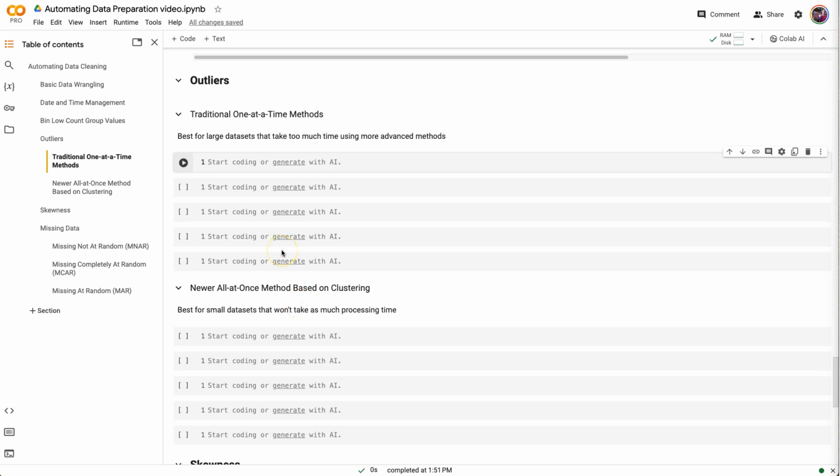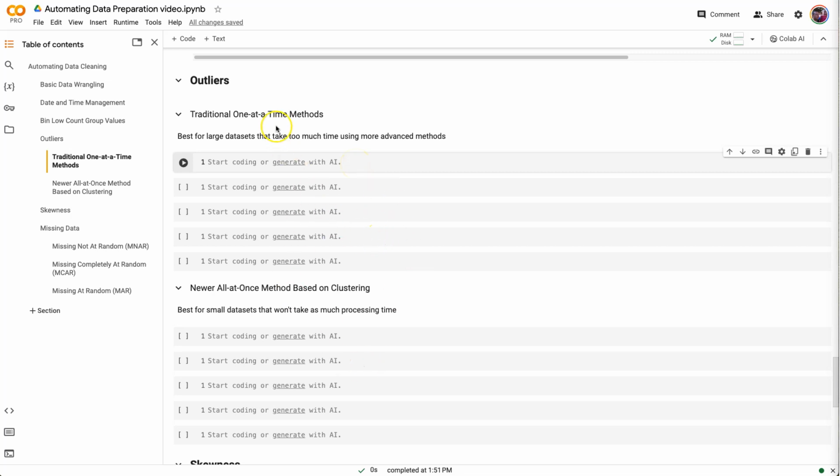All right, so continuing along here with our process of automating the data cleaning or data preparation phase of the CRISP-DM data mining process, it's time to tackle outliers. Now, it's difficult, as I've said in prior videos, to automate data cleaning in general. It's easier to automate exploratory data analysis and modeling and evaluation. Data cleaning is tougher to automate because it's so unique to each data set. However, this is one method, managing outliers, that is relatively easy to automate within data cleaning, and so hopefully you'll